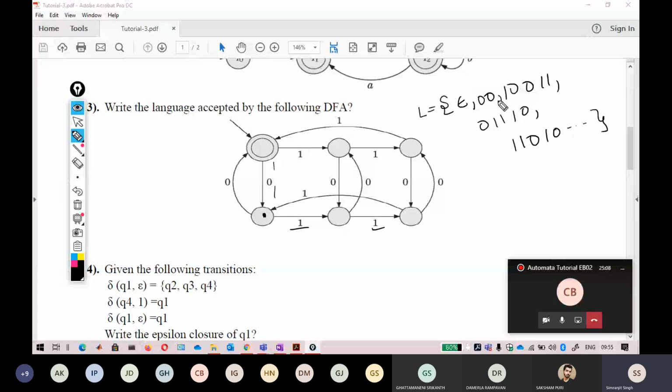So if you look at the pattern here, if you clearly look at it, the number of zeros here is always 2, and the number of ones here is always 3. Okay, so it means if I have a 5 length string as input, in that 5 length there are two zeros and 3 ones. Okay, so I think you get the point of it.